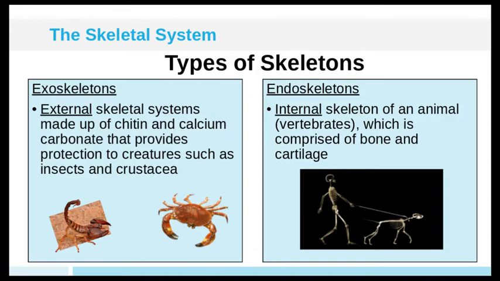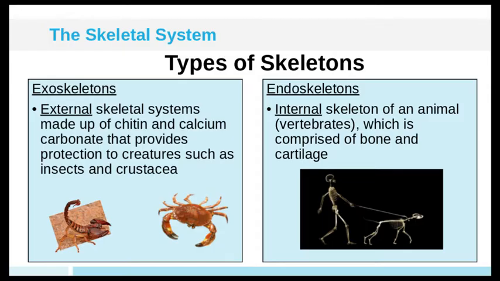So when we talk about a skeleton, in terms of living things anyway, there are two types of skeletons: exoskeletons and endoskeletons. Exo, as you can imagine, because of the prefix exo, means external. Exoskeletons are external skeletal systems made up of chitin and calcium carbonate that provides protection to creatures such as insects